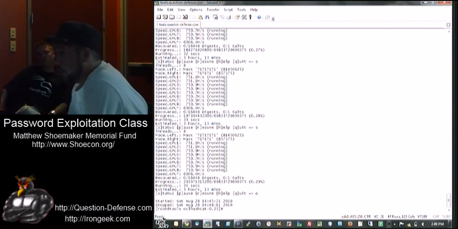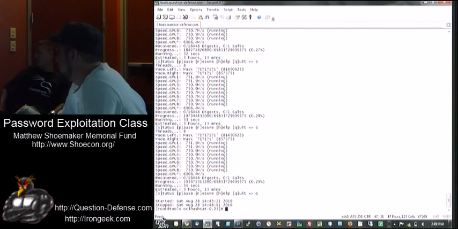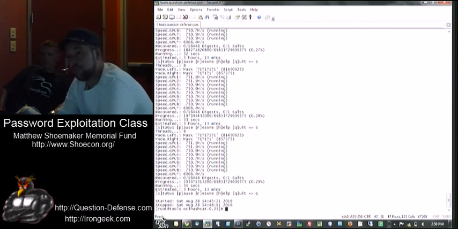In the near future, I would guess that things are going to get so fast that if you don't have 14-character plus long passwords... Hashcat will do up to 14 for now. I mostly just mess with domain cache credentials. If you're doing that with Hashcat, you have to use the SID as the salt.